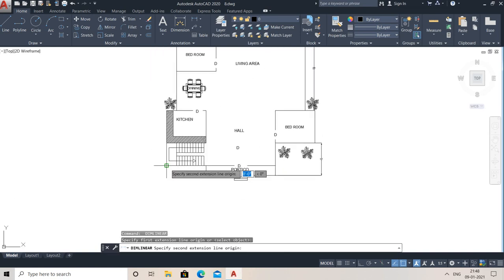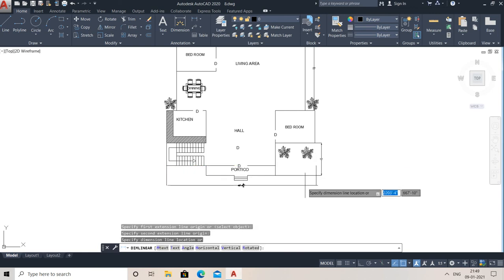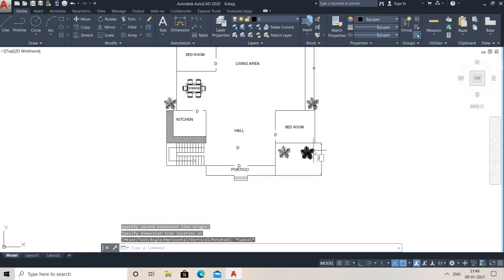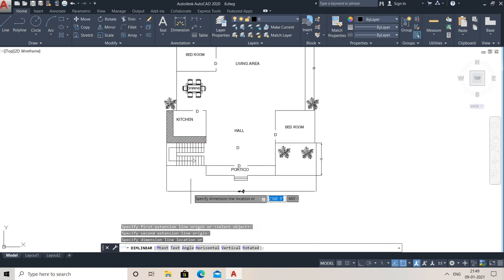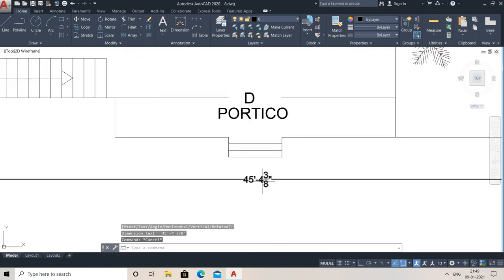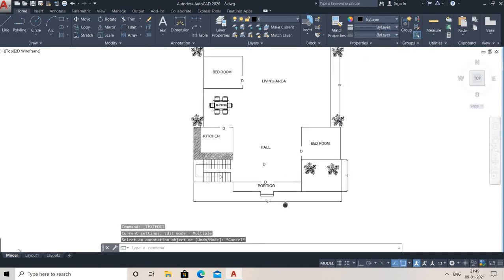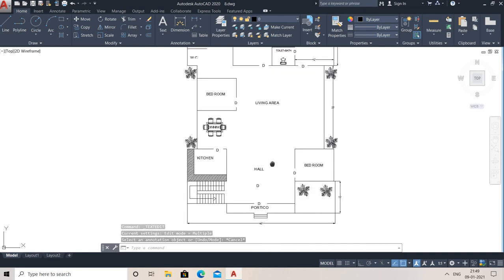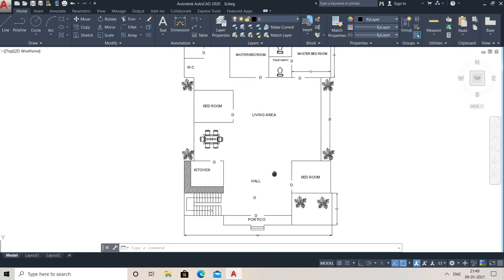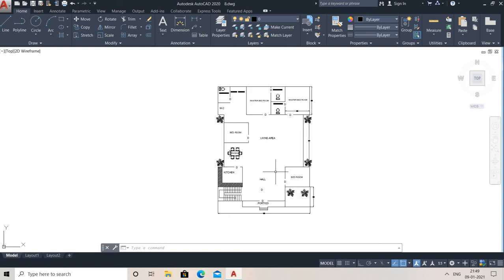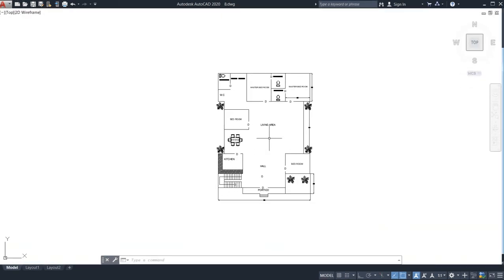Now up to these two, suppose, actually this is 45, right? So go for the line command, sorry, not line, dimensions, from here to here, this is 45. So it is almost 45 and now it comes like this. You can edit it. How do you edit? Go for 45 feet. See, doesn't it look cool? Like this way of doing any kind of building plans you may get, and you may do like this. This will really motivate you for any kind of building plans in a very easy way, right?